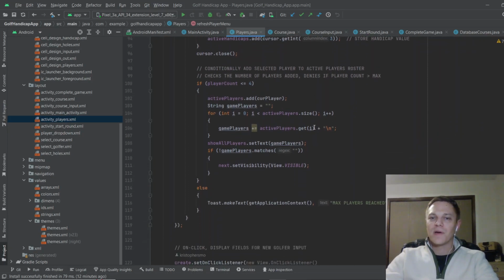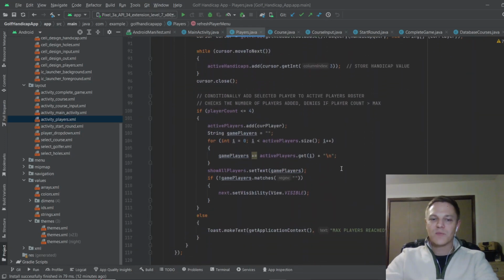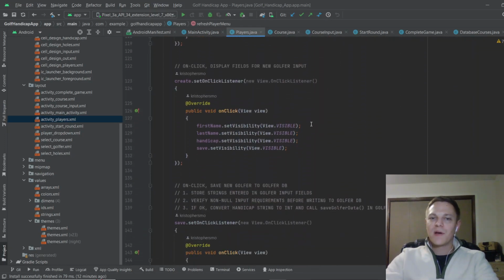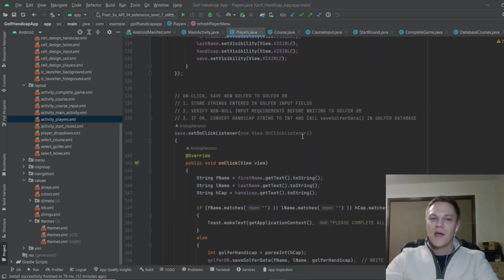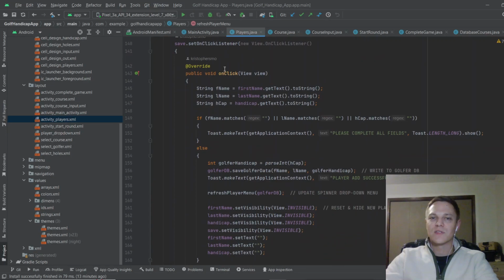Here we're checking the player count. So if we have too many players in the game, we're going to reject that add. So that's what this does. Create player, we're going to set some views visible so that we can input data, and then when we save, we're going to save. So this is a pretty big part of the